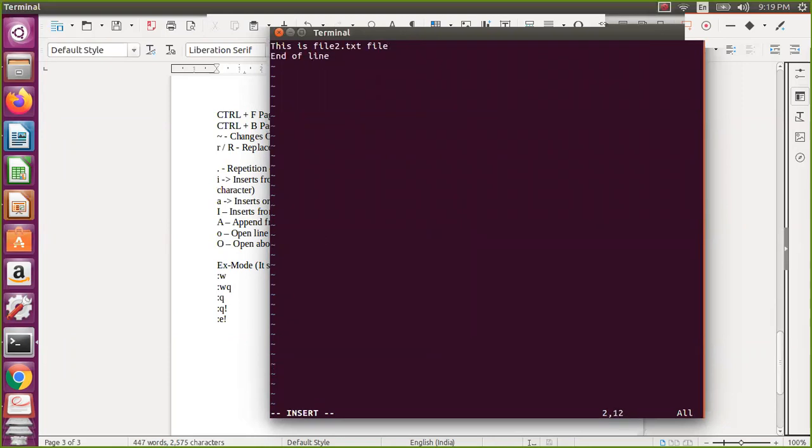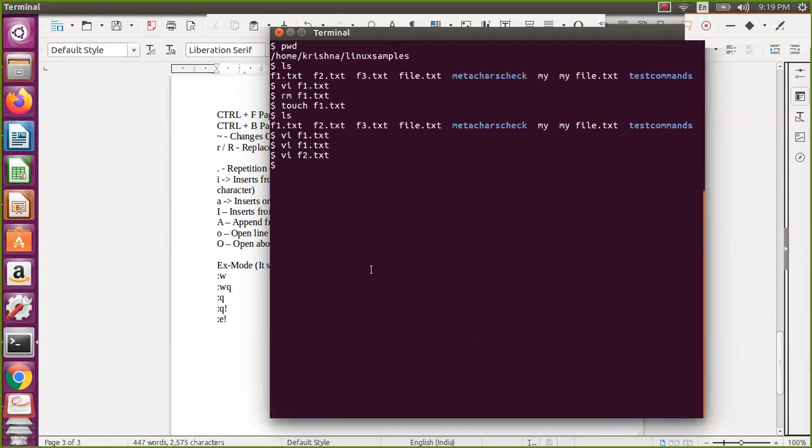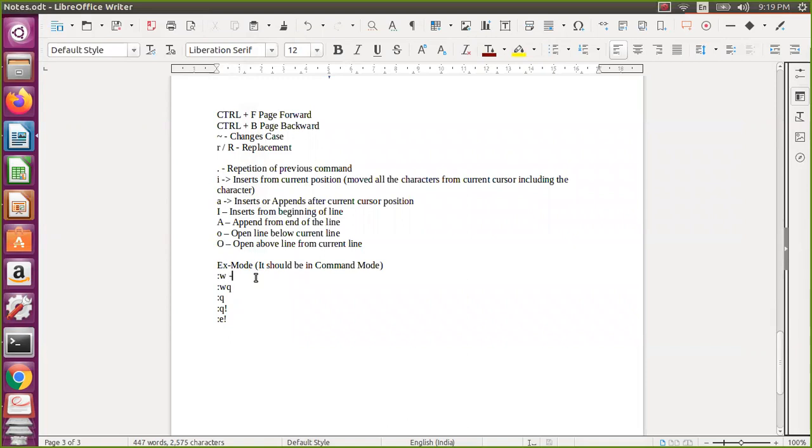Now I just press escape actually. Now I want to do two things at a time actually, save and quit. Okay, so now I am in escape mode, command mode. So I will say colon, then W, then Q, then enter. It will save and quit both at the same time actually. So the first one only saves, this one does save and quit, and this one only quits. Okay, this one quits without saving, and we will see that one actually.